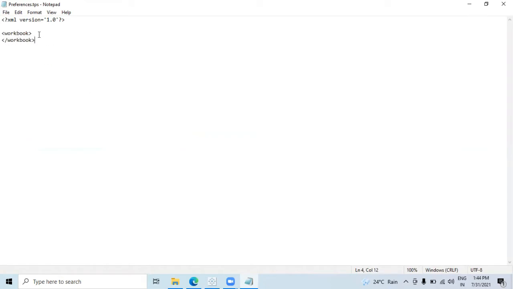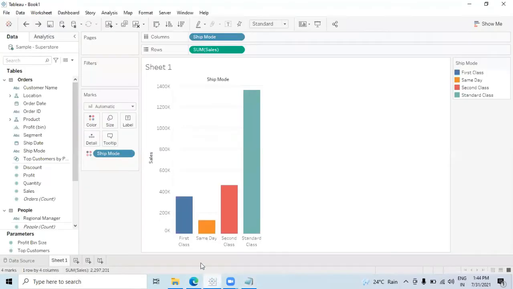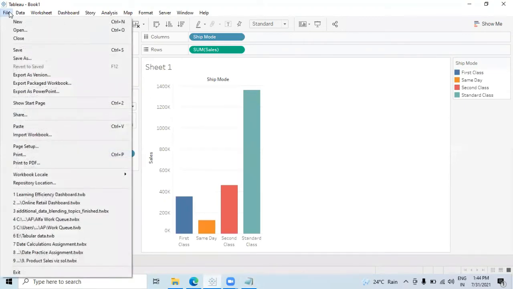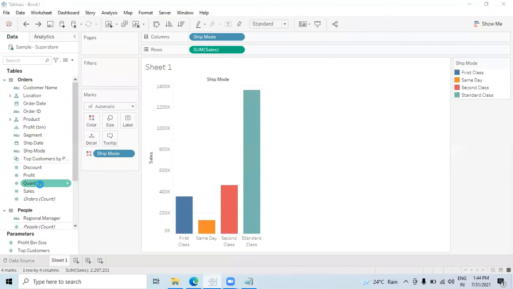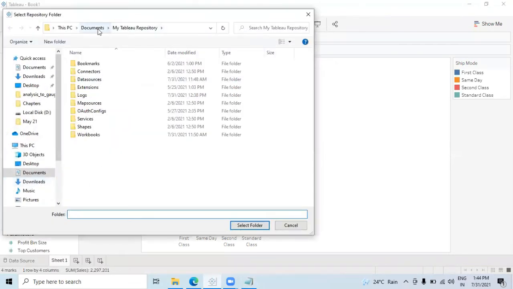Now you need to fill in the color details over here to get the custom colors. The preferences.tps is in your My Documents, My Tableau Repository folder. If you are not able to find your My Tableau Repository folder, you can go into File and check the repository location. From here, you can change the repository location from My Documents to somewhere else, and it will also take you to where your My Tableau Repository is present. Mine is present in Documents, My Tableau Repository.